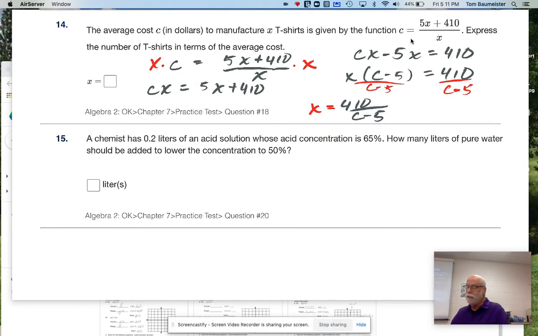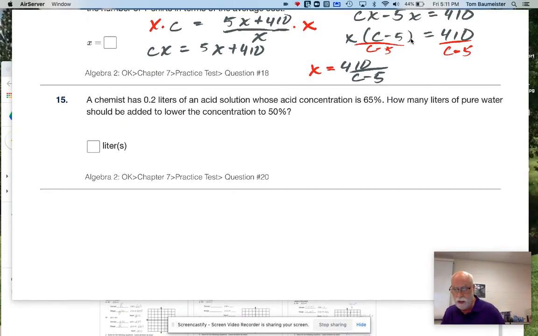And then finally, our last one is exactly like the one on the homework. Well, more so like the notes, I guess. So a chemist has 2 liters of an acid solution whose acid concentration is 65%. How many liters of pure water should be added to lower the concentration to 50%? So 50% is our goal. So we're going to say